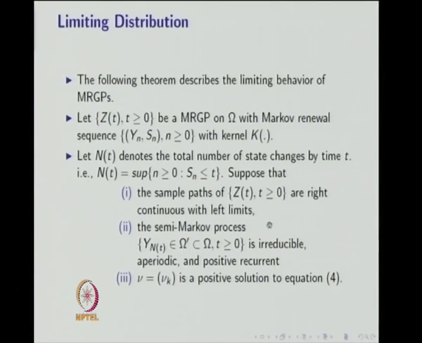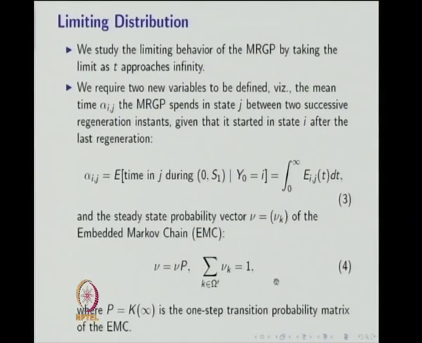Then the sample paths of Z are right continuous with left limits, and Y of N of t is a semi-Markov process which is irreducible, aperiodic and positive recurrent, and V is a positive solution to equation 4, that is, the summation of Vi is equal to 1 and V is equal to VP. If these